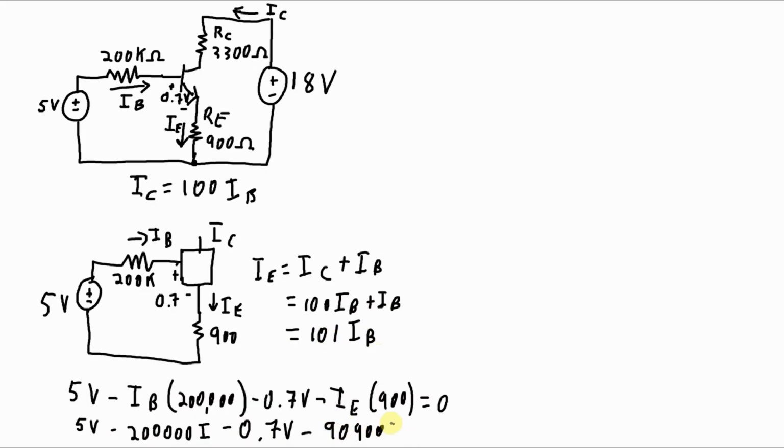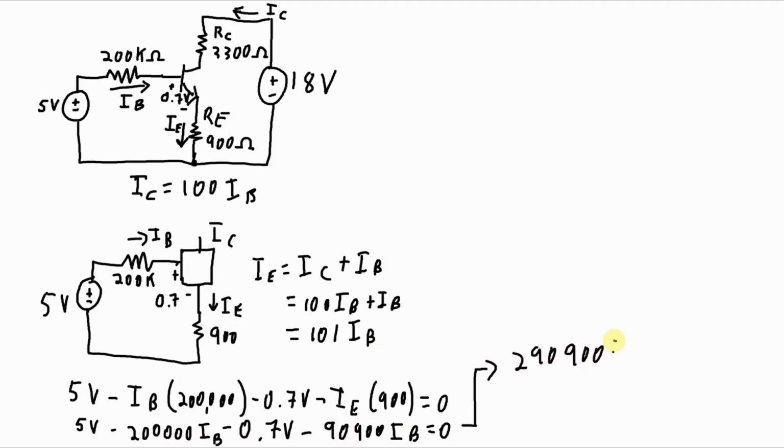90,900 IB equals 0. Now look at this equation. There's only one thing in here that we don't know. Forgot the B there. And that's IB. So I can solve for IB. Isolate the IB values on one side of the equation, and I get